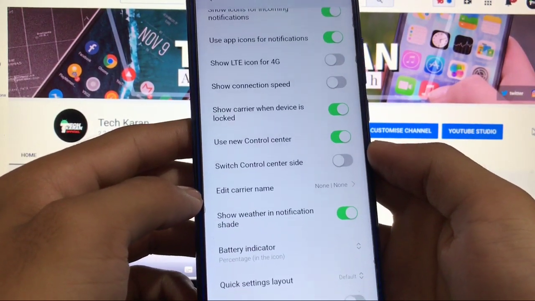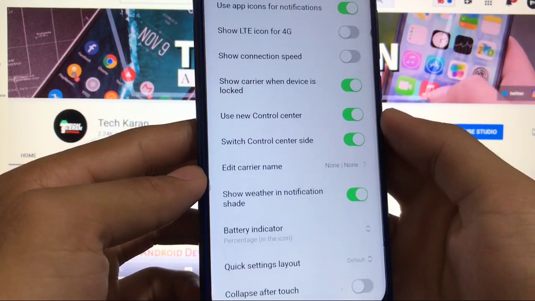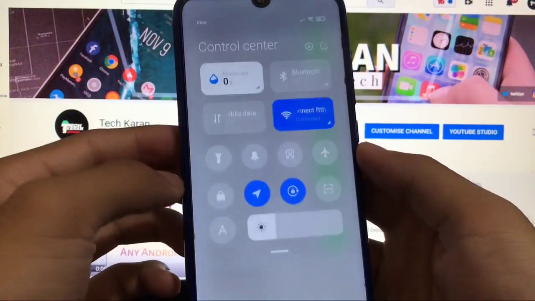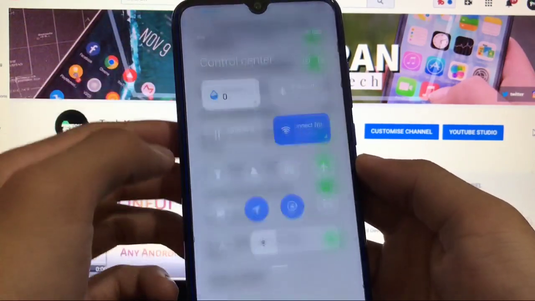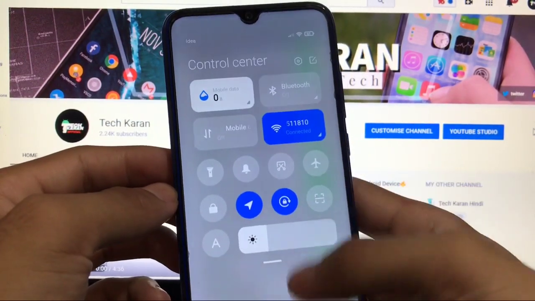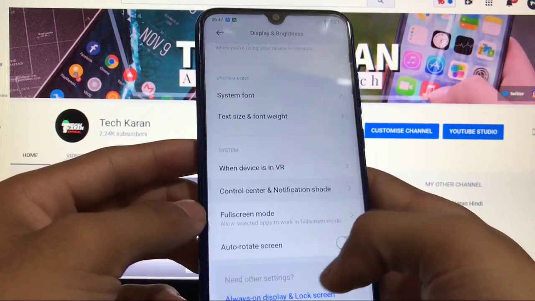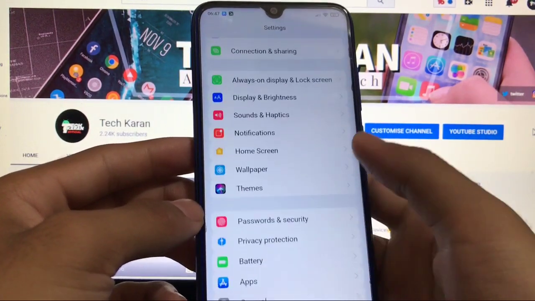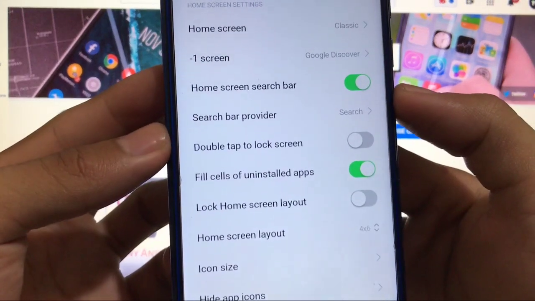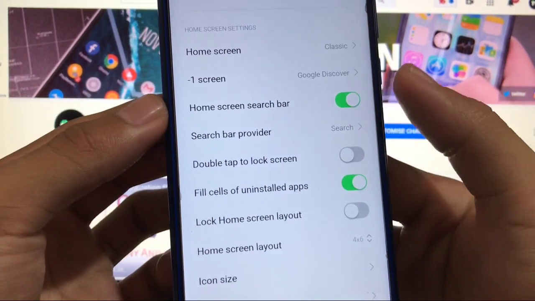Notification, connection speed, switch control center side, new thing. Click here and the control center is here. It is not slow this time, not laggy this time, so it means you can use the control center without having any issues. Go for it, and this is perfectly fine. You can also get the home screen option, and here I also got a bug. You can see the home screen search bar, you have enabled it.